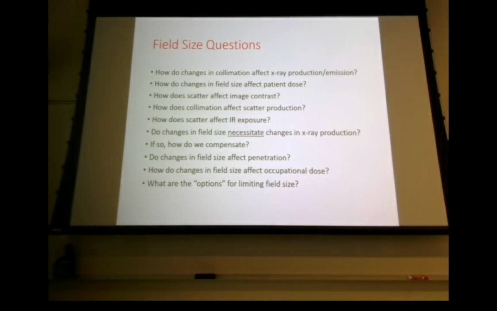Increased collimation, it goes down, right? It decreases the production of scatter. How does it affect image receptor exposure? Decreases, exactly. So if you need to change field size, let's say you increase your collimation,